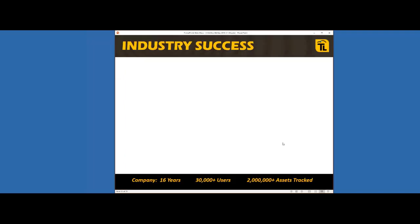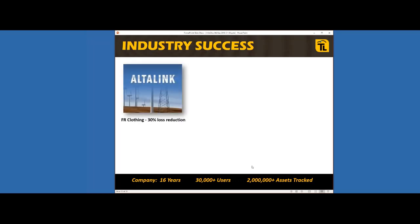So what have we seen from clients? We've been doing this a long time in different industries. We have a lot of users, tens of thousands of them, hitting the system, using it to track the safety of products. But in utility specific, I talk about AltaLink, a transmission company that covers a territory bigger than the